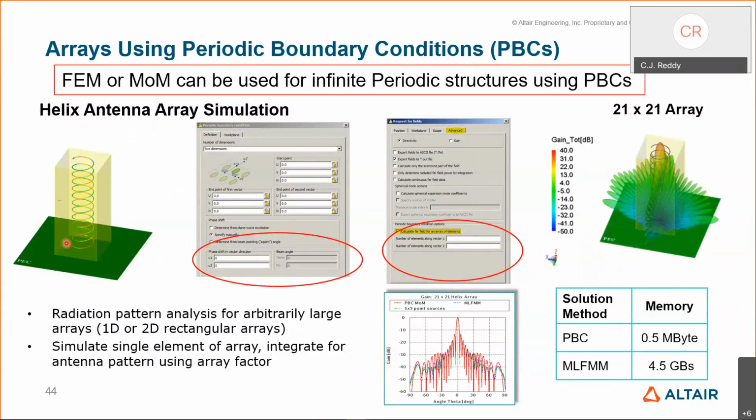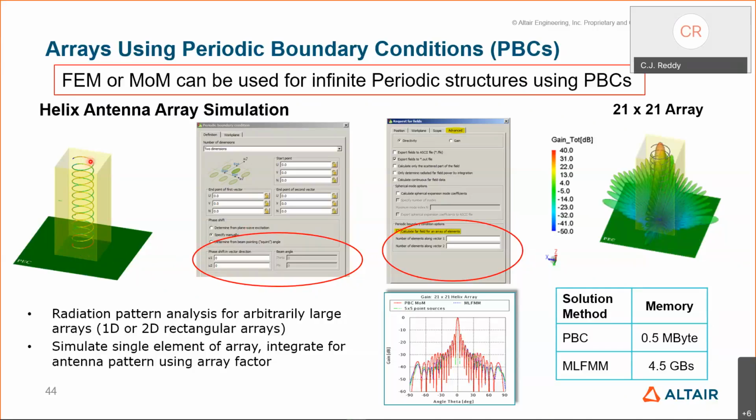What that means is that let's say you have this helix element here, you apply a two-dimensional periodic boundary condition on this, so that it is as though mathematically we are extending this to infinity on this side and infinity in all these directions. That means you have an infinite array. But people may ask, what's the big deal about an infinite array? Because we're not going to have an infinite array. One is characterizing the element in the array environment, which can give you some good insights into the design, but also using this